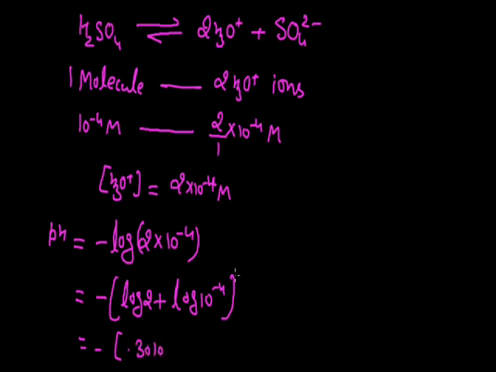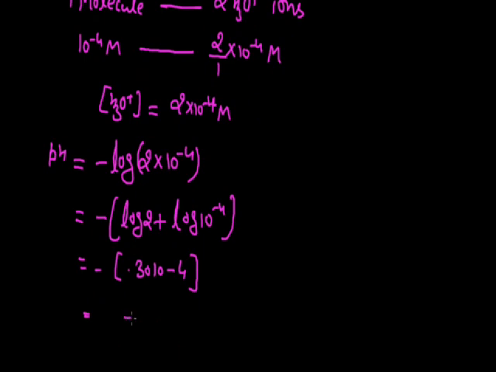Log 10⁻⁴, on solving, gives the value -4. If I subtract this 4 from 0.3010, the value that I will be getting here is -3.6990, and out of the bracket I have one more minus. So the final value of pH will be positively